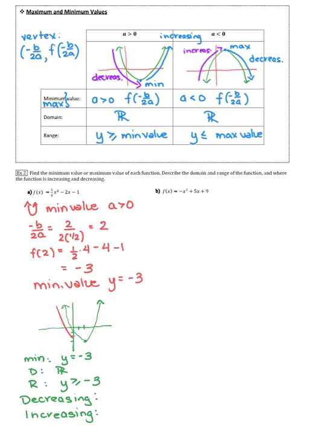Because here I am decreasing up to my vertex and then I am increasing. So it's all based on x equaling 2. So I am decreasing for all the x's that are less than 2, and I'm increasing for all the values after that. Okay? So in class, I'm going to have you do this next one on your own, but I will walk you through it here. So if you want to pause this video and try this one on your own,